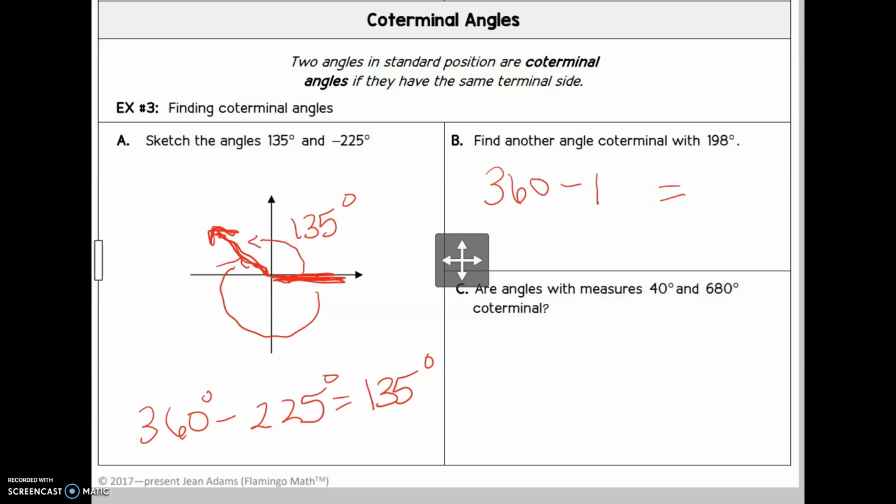So I probably should write that out because we need it to be a negative number. Okay, so 198 minus 360 equals negative 162 degrees. That is your clockwise rotation. Okay. Now, another one that you would think about, especially for those of you continuing on in math,